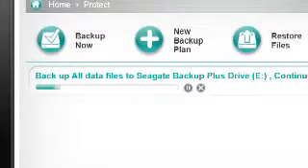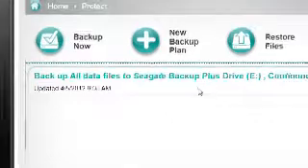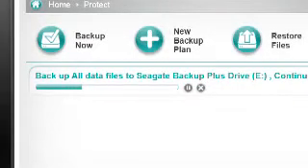Let's take a look at how you can manage your backup plans and backup jobs. Backup jobs, the ones that are actually running and protecting your data, display in the progress bar. If you need to pause a backup job, you can just click on the pause button next to the progress bar. If you click the X for delete, then you'll delete the backup job in progress, as well as have the option to delete any previous backups. Because you paused or deleted a backup job, the next time you do something that would require a backup under that plan, such as saving a file when backing up continuously, or when you reach the next scheduled backup time, the process will start up again automatically.